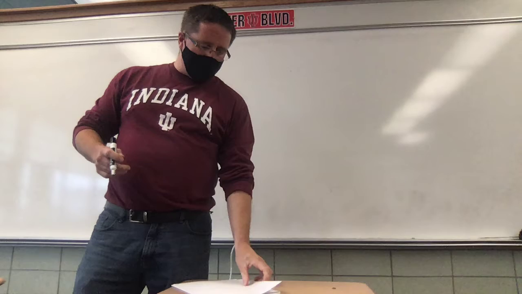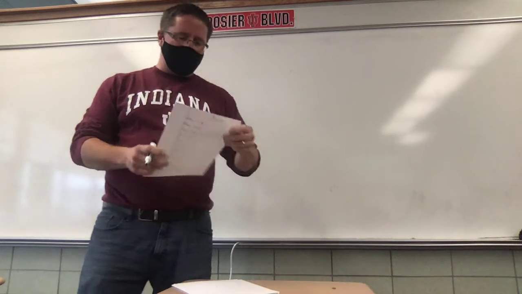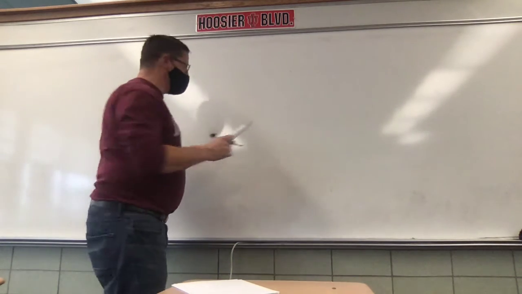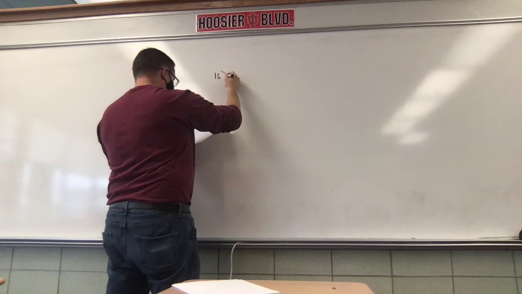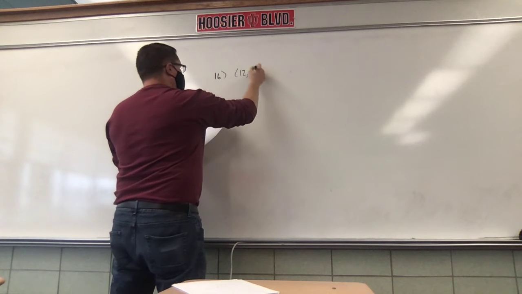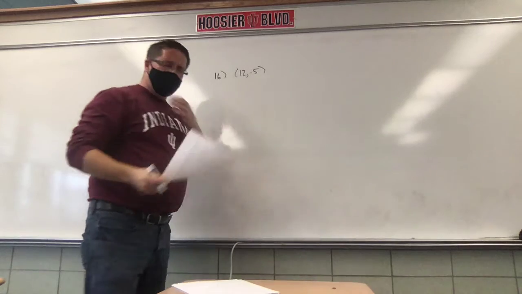Okay, so number 16 says the point 12, negative 5 is not on the unit circle. Find all 6 trig functions. So it's been a while since I did a question like this. So 12, negative 5 is not on the unit circle. You guys remember what we do? If it's not on the unit circle,